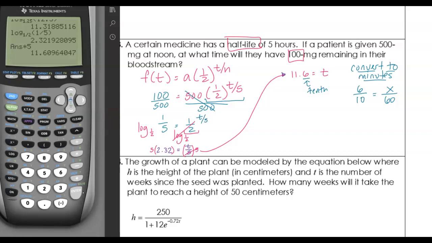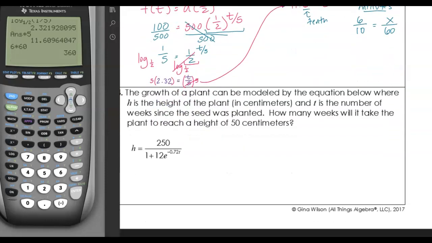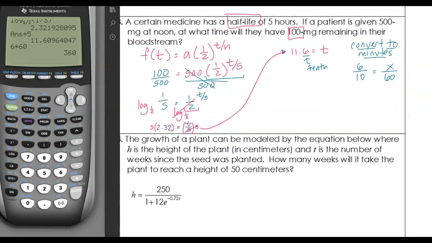So, to solve for x, we just can cross multiply here. What is 6 times 60? I don't know. 360. Oh, I did know that. 6 times 6 is 36, add a 0. So 10 times x is 10x equals 360. Then we divide by 10, which gives us 36 minutes. So our time,